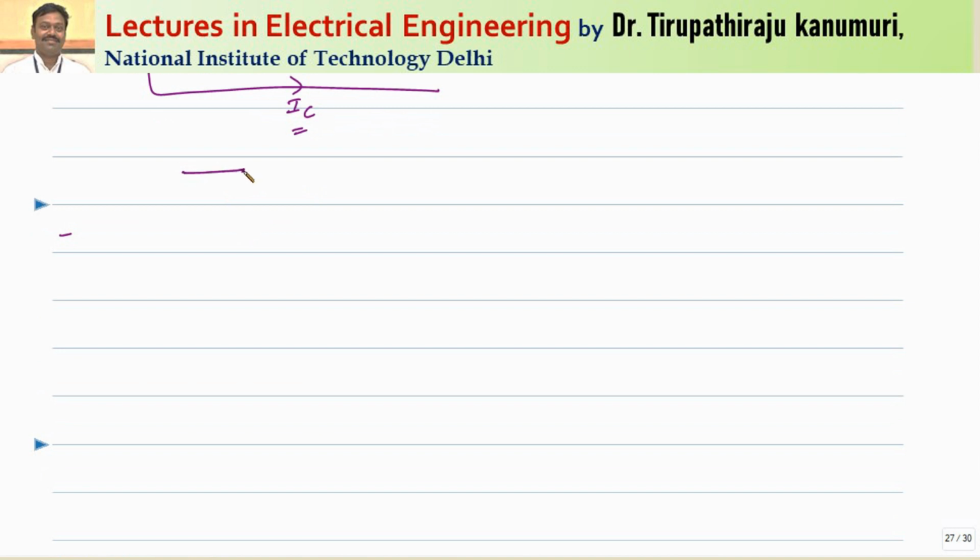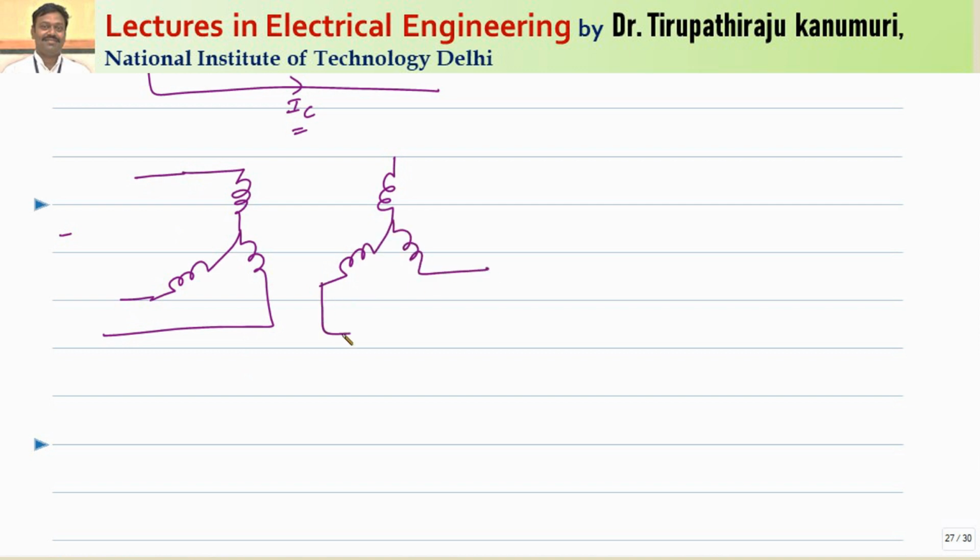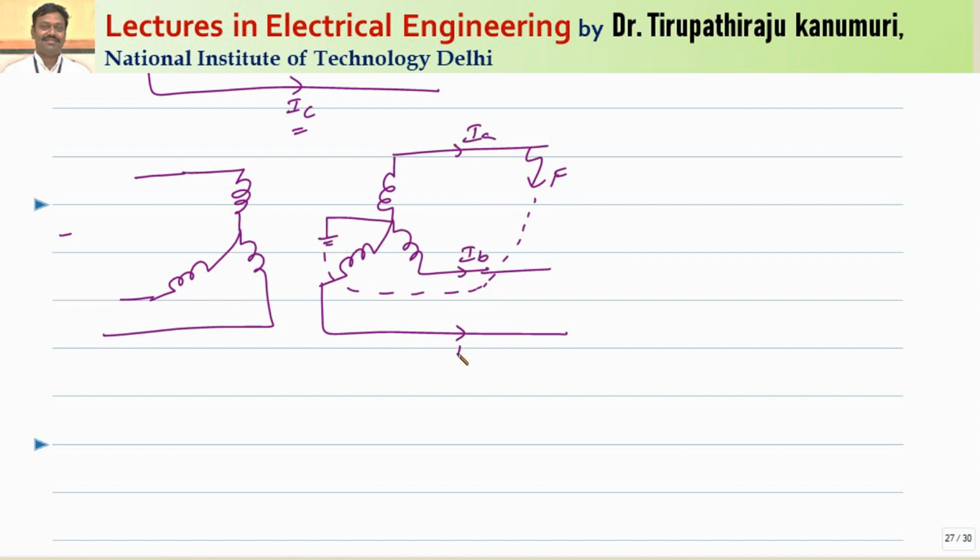Let us take a transformer, this is my primary. Different transformer connections are possible. This is my star-star transformer connection, and this is my secondary. Let us assume this secondary is connected to ground, the case of solid grounding. If the fault happens here, the fault current can return back through this one. This is my value of IA, IB and IC, and this current can return back from here. So this IN is not equal to 0.